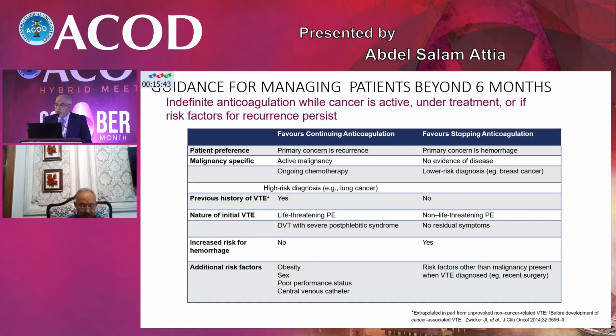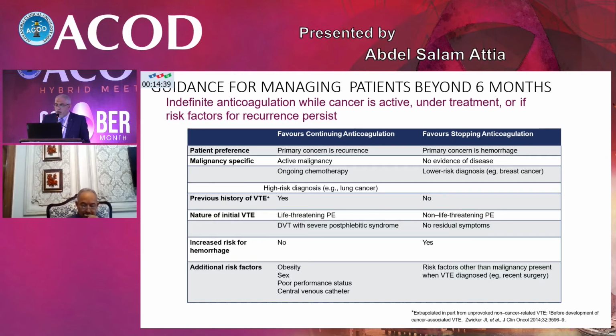Indefinite anticoagulation in cancer is while the cancer is active. And this is because, as I mentioned, as long as the cancer is active, the coagulopathy is active, the risk for thromboembolism is there, and the risk for mortality from thrombosis and embolism is there. If the malignancy is active, with ongoing chemotherapy, a high-risk diagnosis like lung cancer or pancreatic cancer, the previous history of venous thromboembolism, life-threatening pulmonary embolism, DVT with severe post-phlebitic syndrome, which also increases the risk for the development of venous thromboembolism, and increased risk of hemorrhage is not there. Other additional risks are obesity, female sex, poor performance status, and central venous catheter. All require continuing